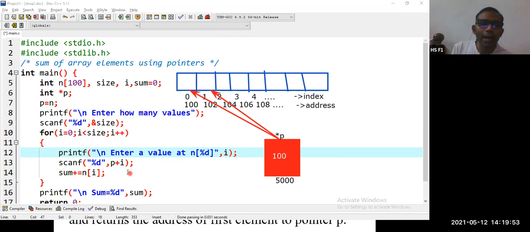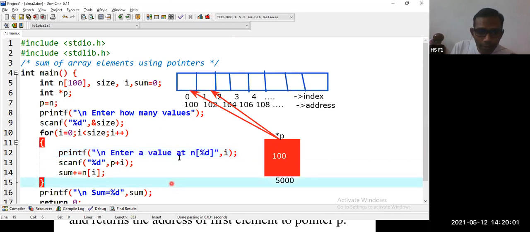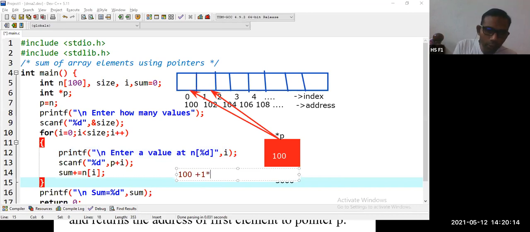So 100 plus i value, that is 1, will become 100 plus 1 into size of integer. That is 100 plus i into size of integer.